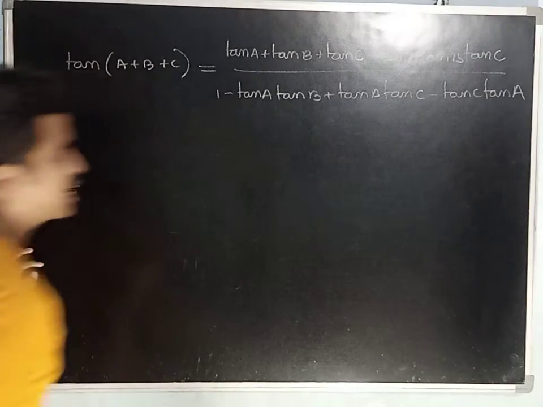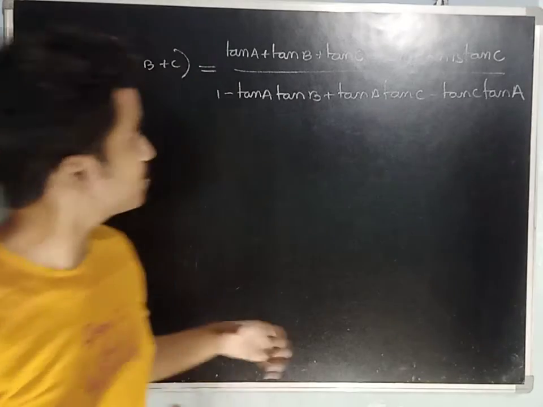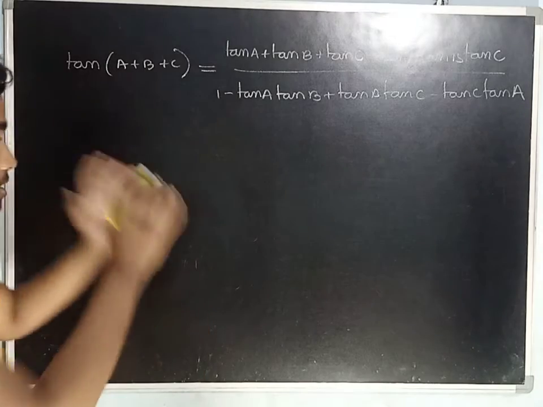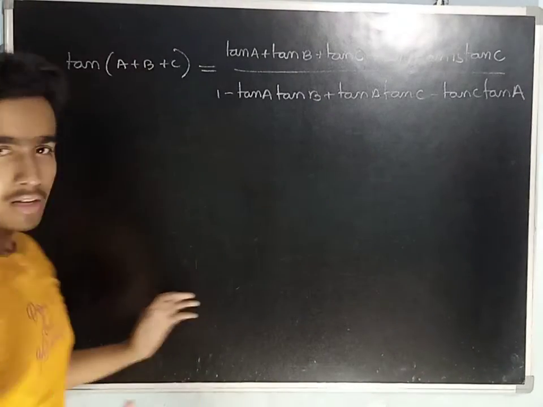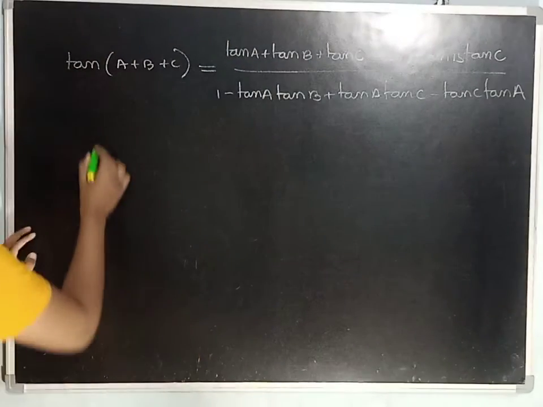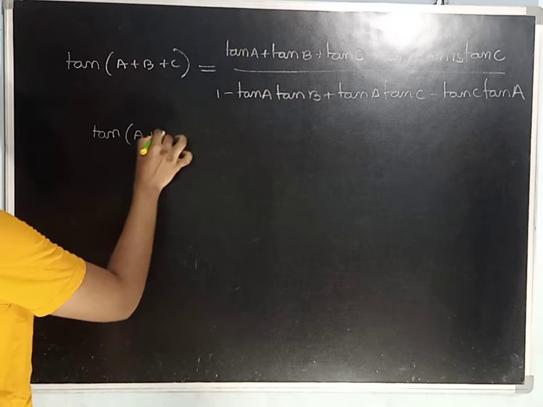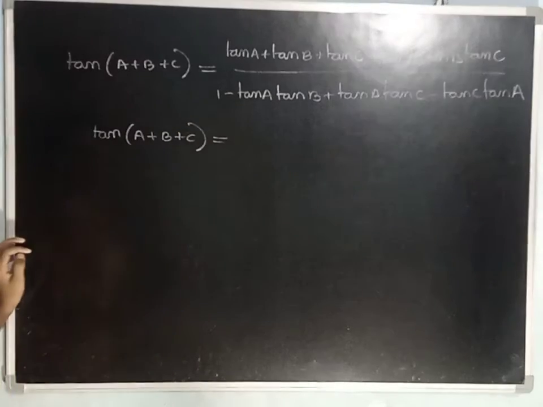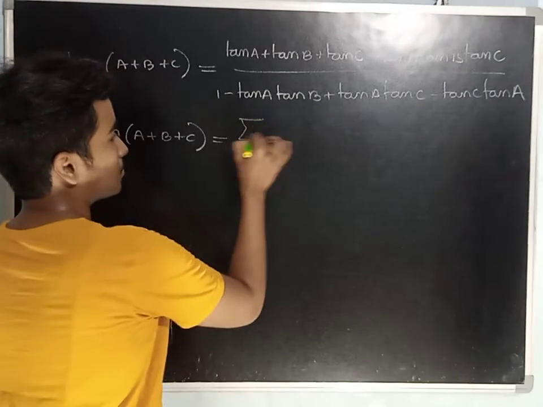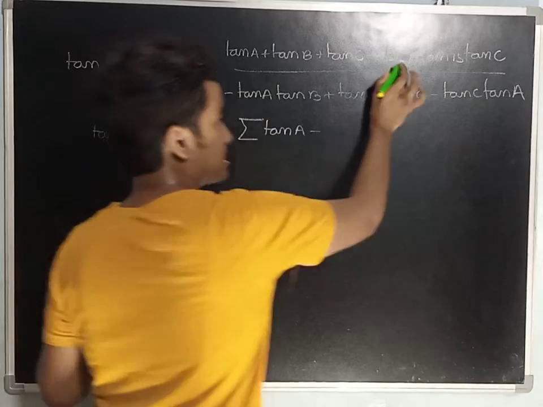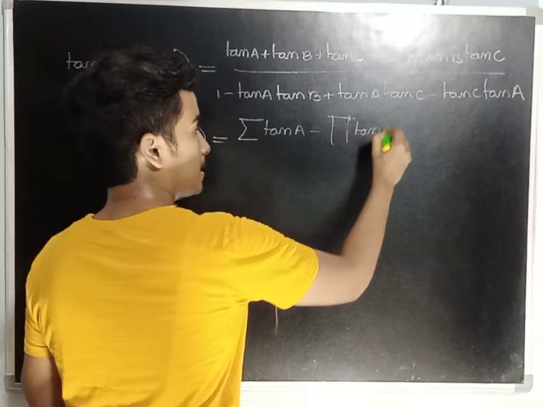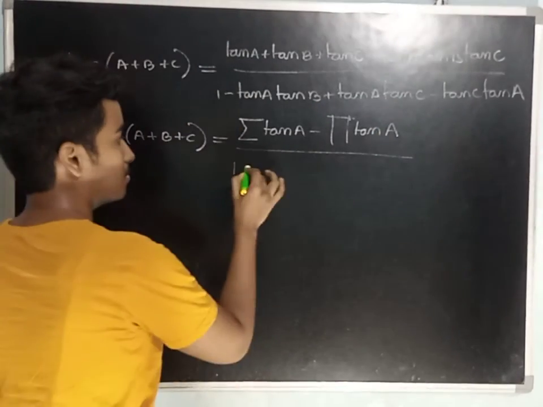This formula might look lengthy. It may be difficult to remember if you want to remember. So by using these notations, I will make this formula a little bit compressed, a little bit small, so that remembering will be easy even by its look. Tan of A plus B plus C is nothing but tan A plus tan B plus tan C, which I have explained already in the notations. It's nothing but sigma tan A minus tan A tan B tan C, which is nothing but minus capital Pi tan A, by 1 minus